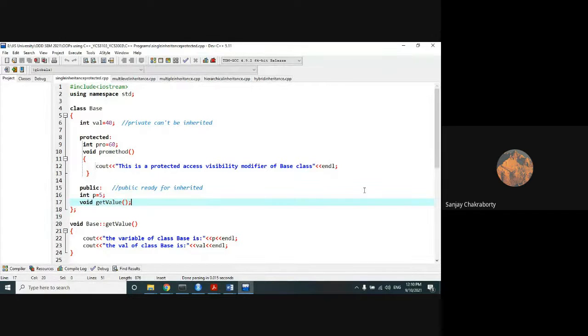Full stop. A member declared as protected